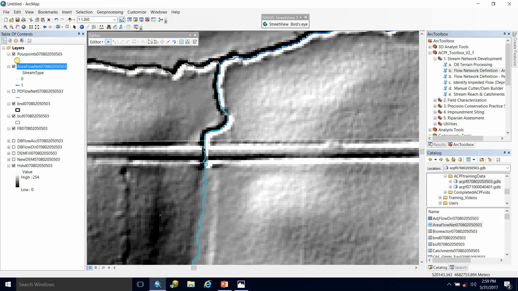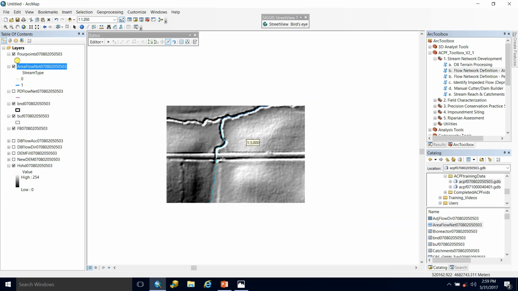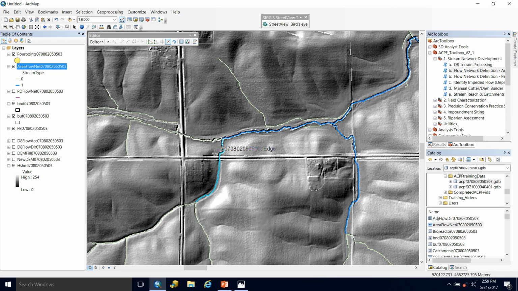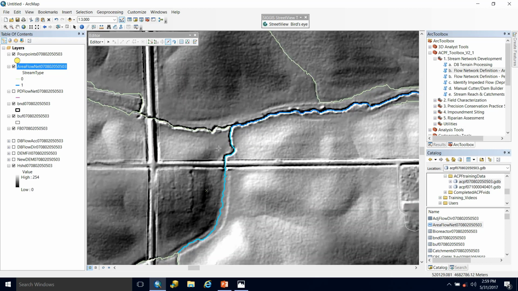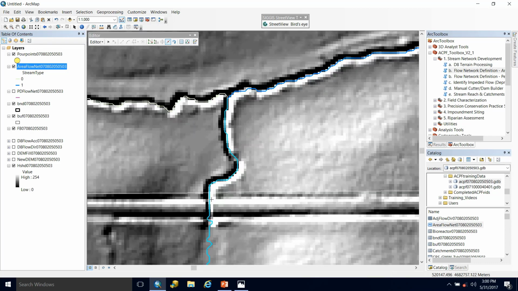So I already have that segment selected. And what I can do now is, using the editor, go to the split tool and choose to split it where I see appropriate. This is a road feature that it's crossing, and some of our later tools, especially within the riparian assessment suite, will not cite practices if they intersect a roadway. Because I know this, I'm going to choose to split this where it's downstream of this road, so there's a chance that practices could still be cited along this segment.